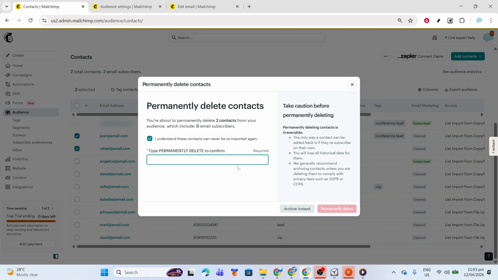Now make sure you only send to active, opted-in contacts. Head to Campaigns and open the email you're preparing. In the To section, click Send To and choose Subscribed Contacts Only. This ensures you're emailing people who've given permission to hear from you, which boosts engagement and keeps you compliant with